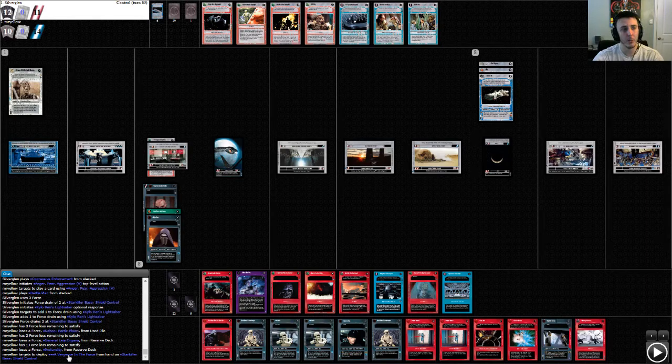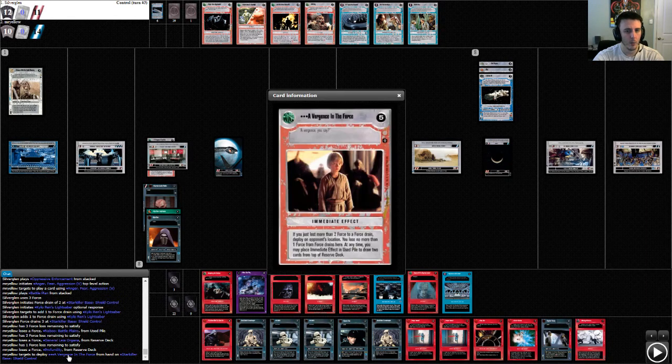Then he plays a card that we don't see all too often. One I'm certainly fond of, but we don't see it all that often. Aversions in the Force. You just lost more than 2 force to a drain. Deploy on opponent's location. You lose no more than 1 force from force drains here. And at any time you can put this effect in your used pile and draw 2 cards off the top of your reserve deck. So it's an immediate effect 5 that you can take into hand, but don't do that